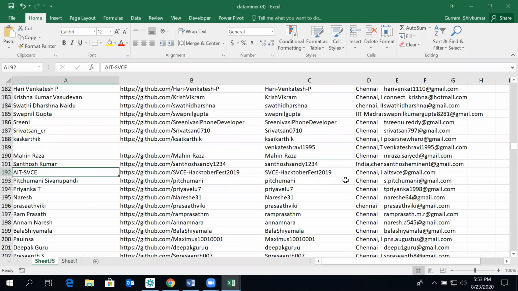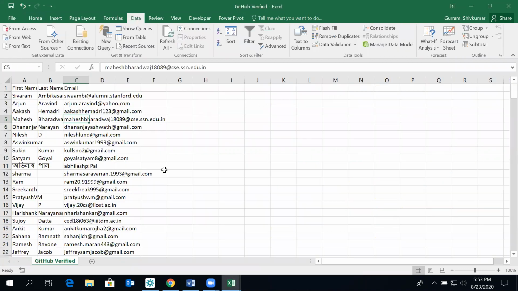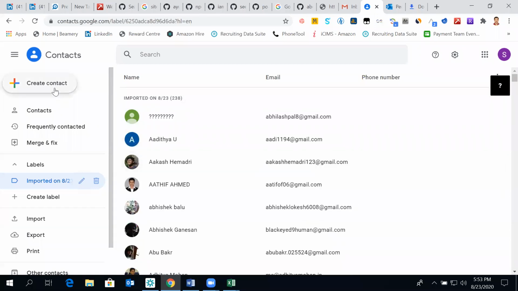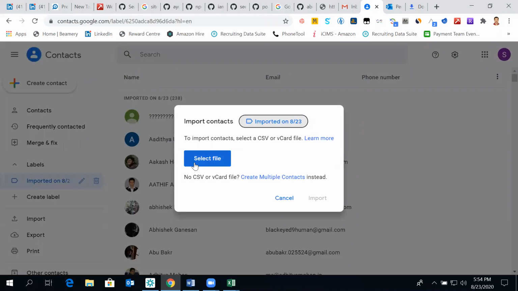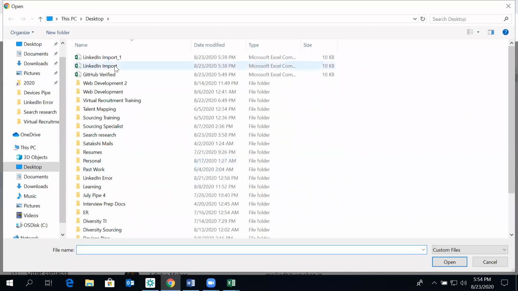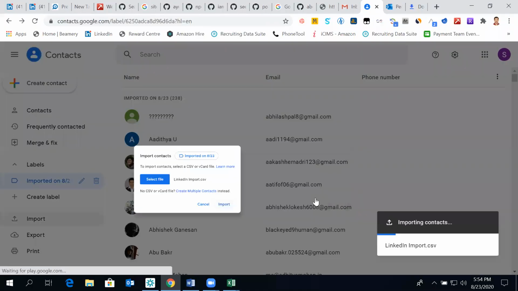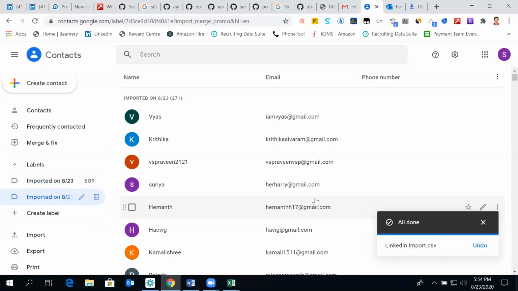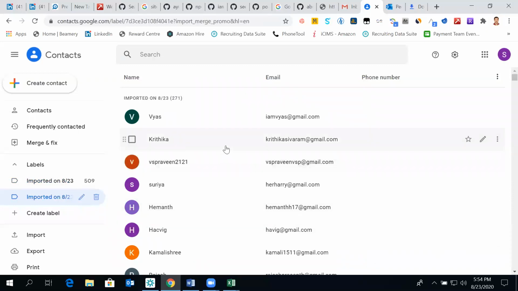Okay, here it is. This is in the verified list. We'll get disconnected in the next 10 minutes, so we can join again. Okay, so let's create more contacts, import. This is non-verified. So again, we have a non-verified list also.